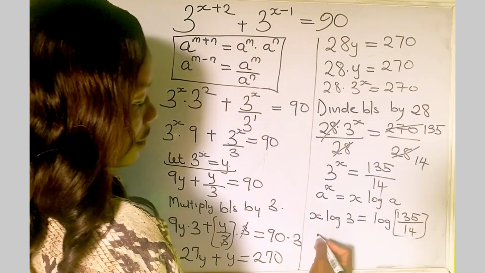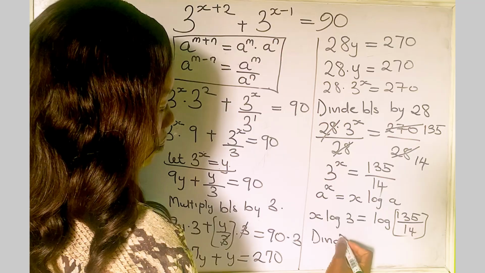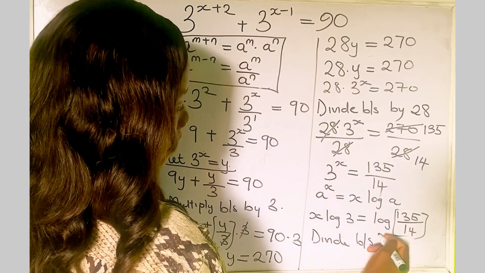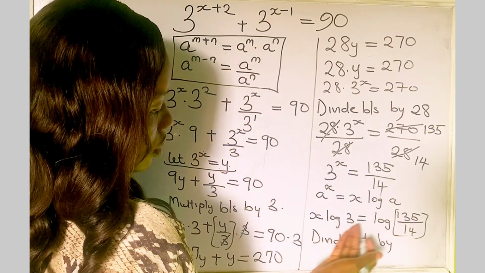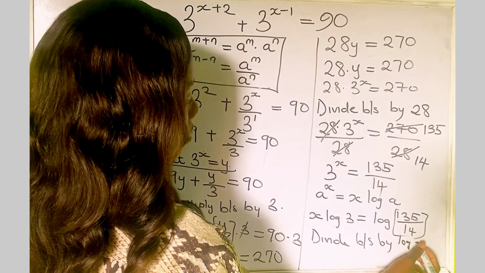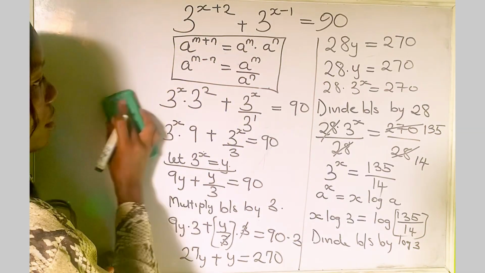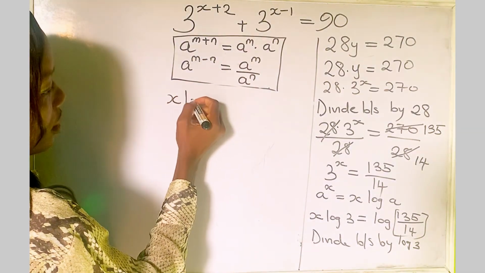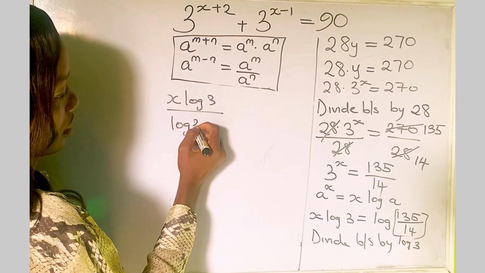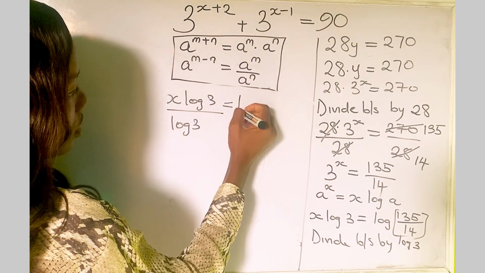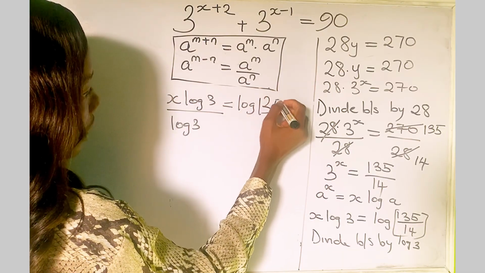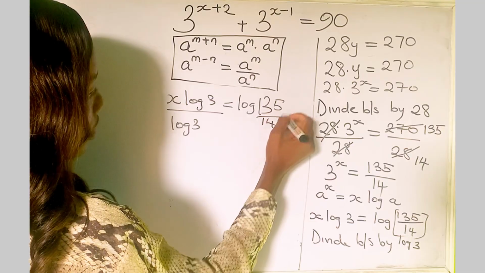Okay, now we'll divide both sides by log 3. We want to find the value of x, so we divide both sides by log 3. So let's do that. We get x log 3 all over log 3 is equal to log 135 over 14